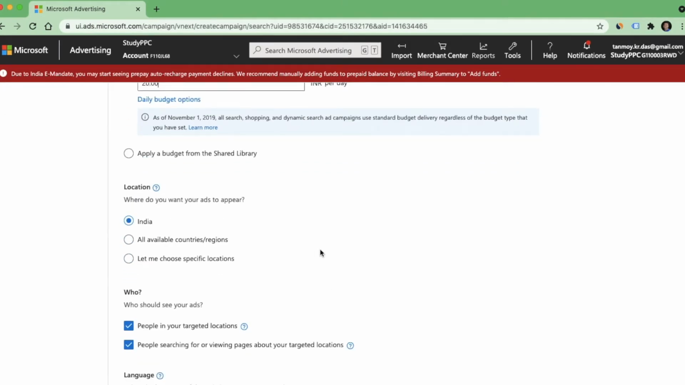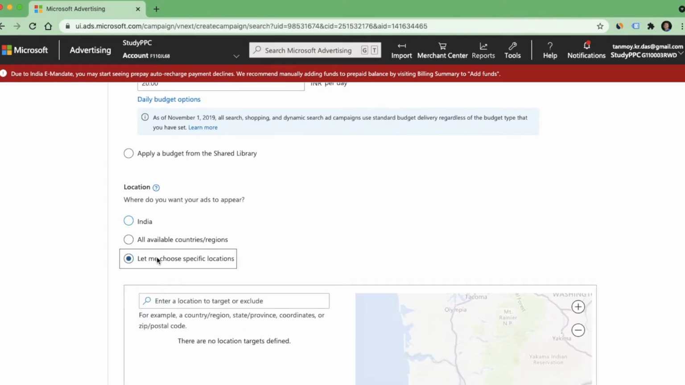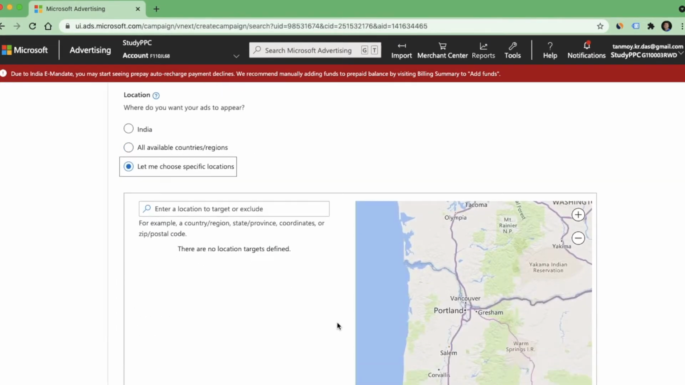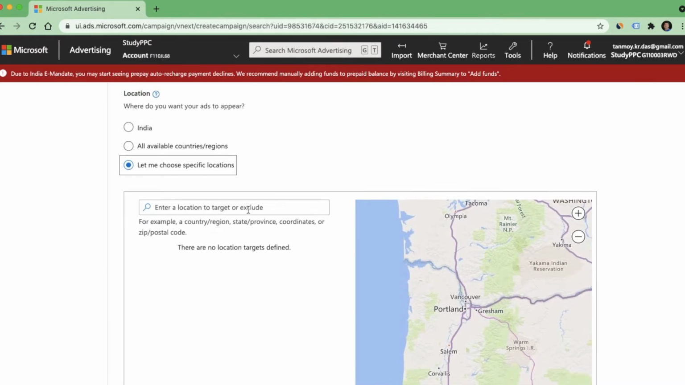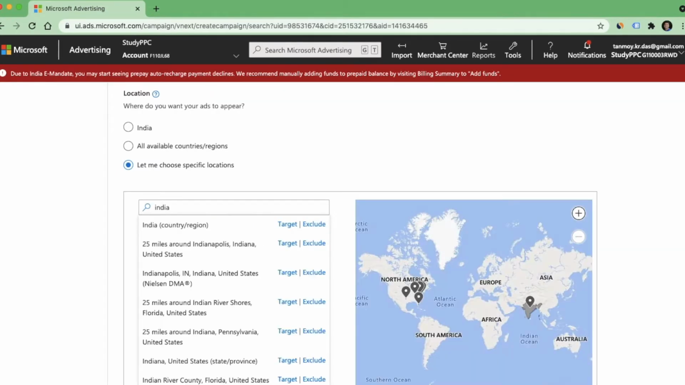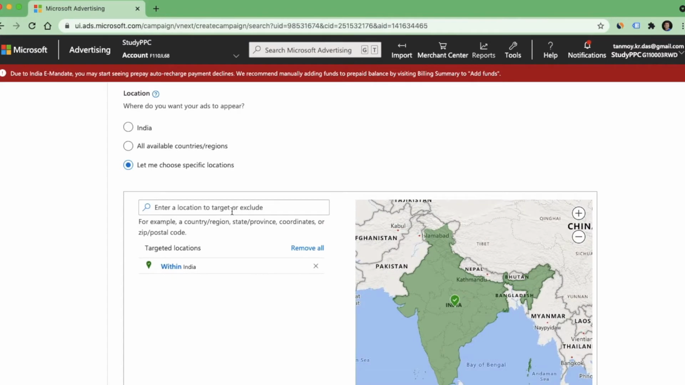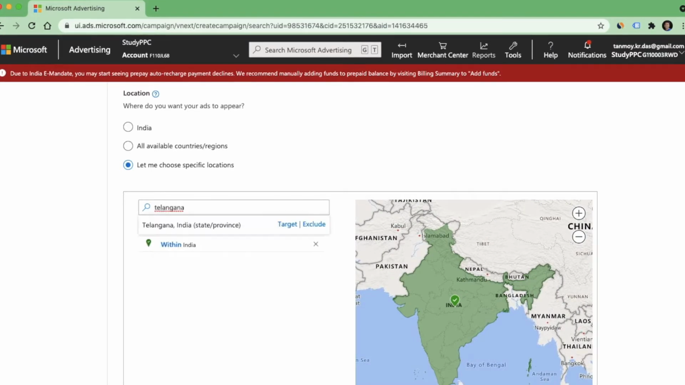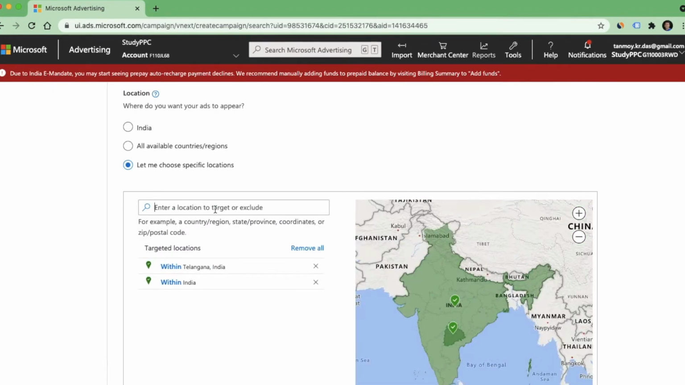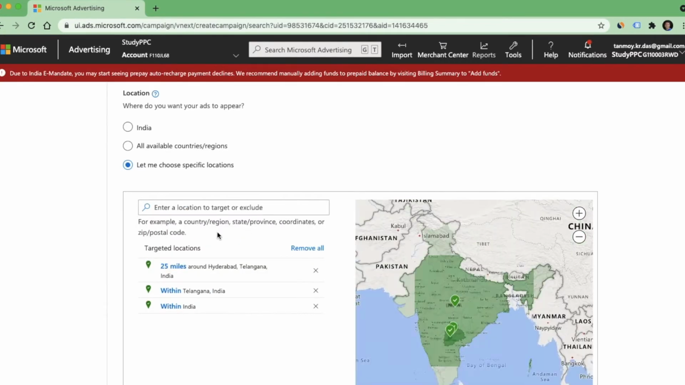Then we are going to define our location targeting. So you can choose any type of location over here. So now here you can type in the location, the geographical location which you want to target in this particular manner. You can choose a country. You can choose a particular state. You can also choose a particular city. If you want to do radius targeting, even that is possible. You can just put in the zip code or the pin code